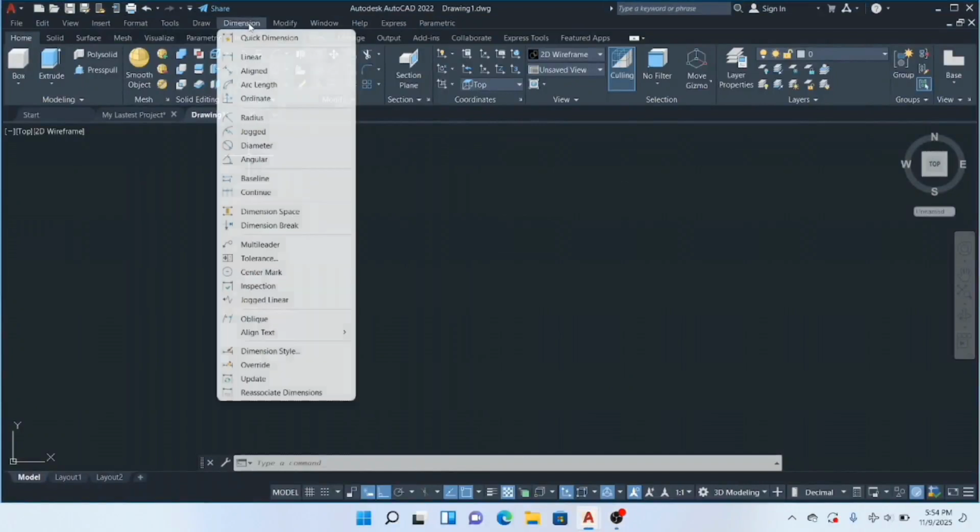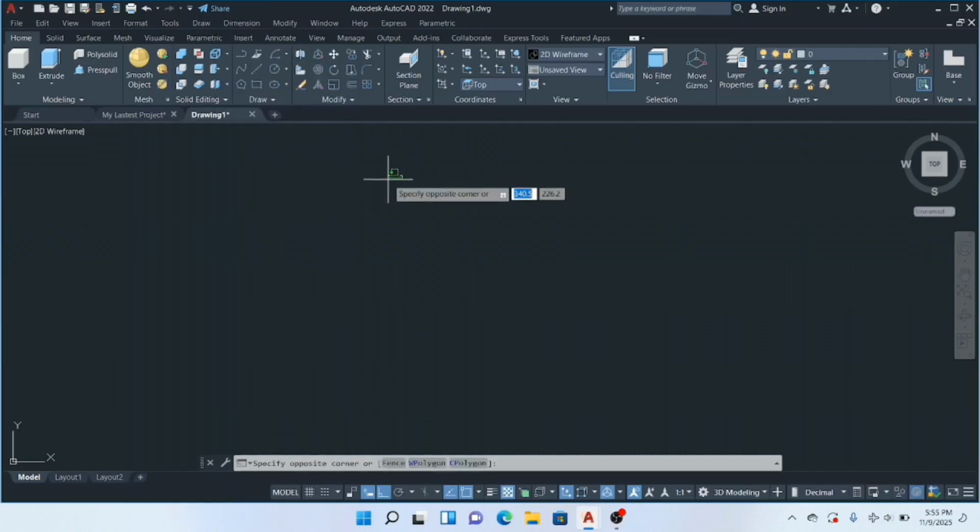The Dimension tab is located at the menu bar, and the basic types of dimensioning are linear, aligned, arc length, radius, which is radii, and angular. In this video, I'll be discussing the various dimensioning methods in AutoCAD and how to control the appearance of dimensions in the drawing. This segment is going to make you understand the different tools and options available in AutoCAD for better dimensioning and tolerance. The first one is the linear dimension,